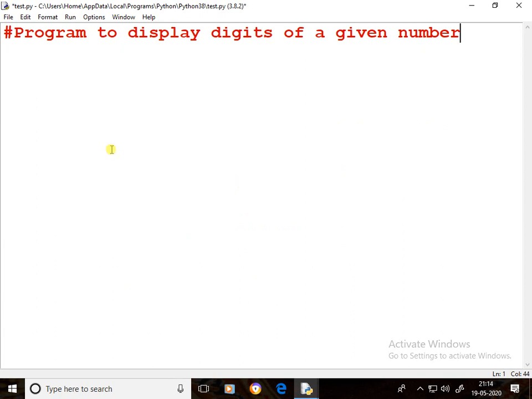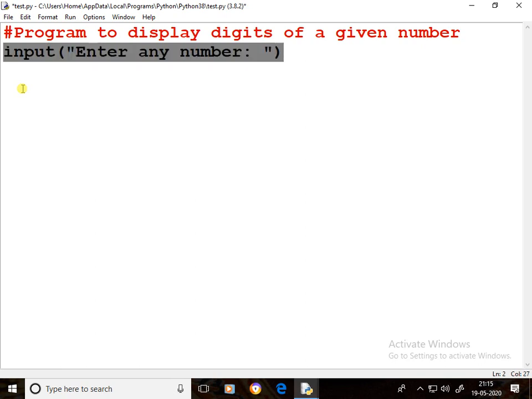See, first of all, we have to accept one number. To accept a number in Python, we use the input function. Here, enter any number. It is going to be displayed on the monitor. Whatever you entered is received in string format by the input function.